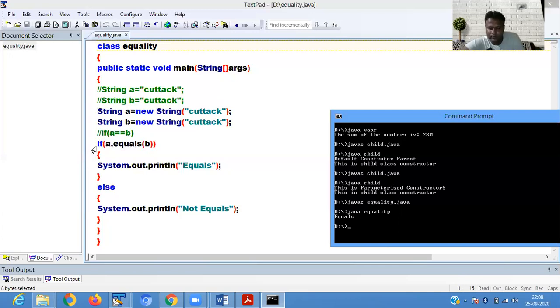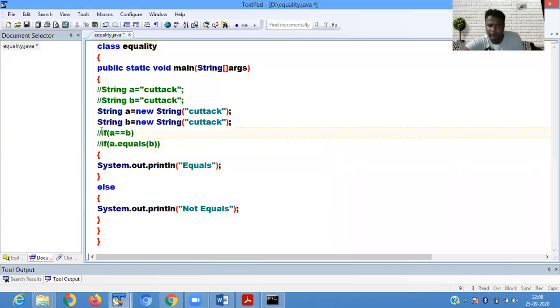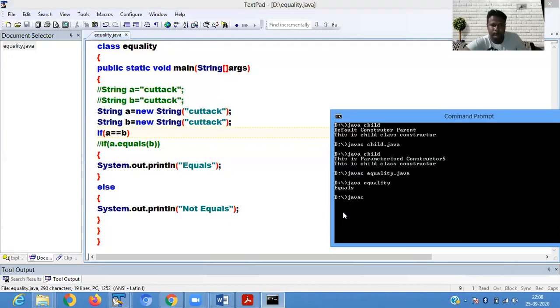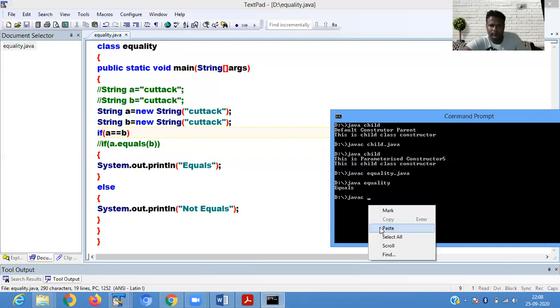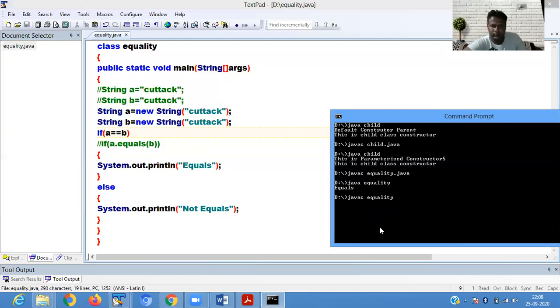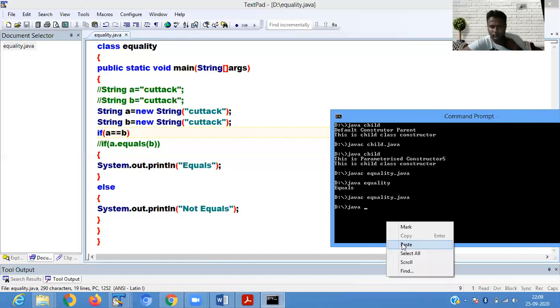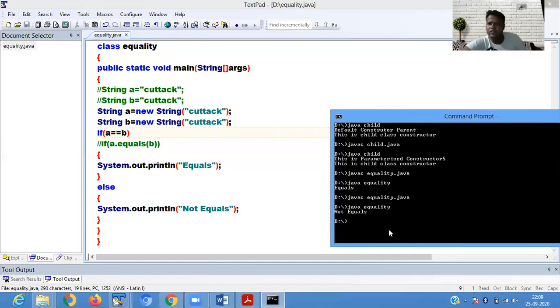But now we'll check the value through the reference using the equal operator. If A is equal to B, okay, it shows not equals.